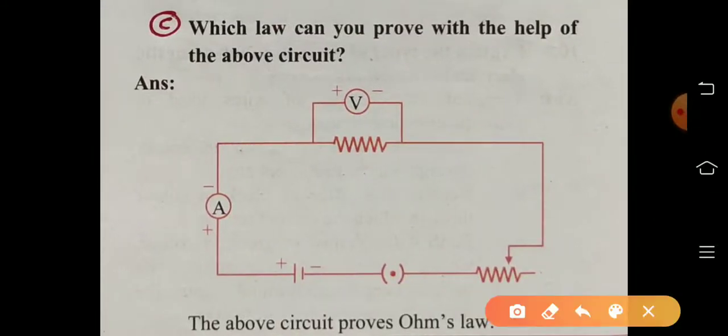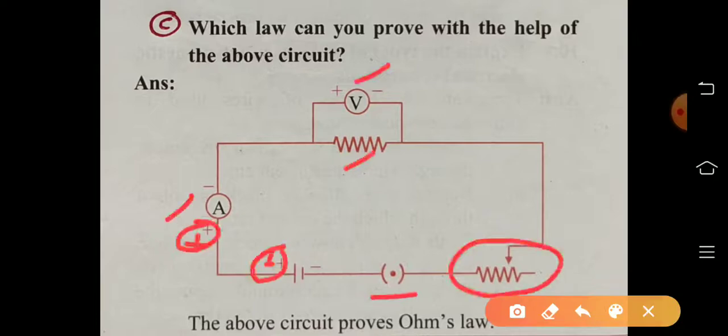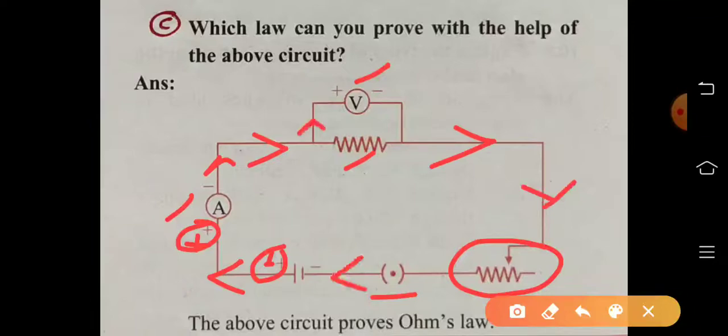So in this way we are connecting the components. Here voltmeter, here resistor, here ammeter having plus minus terminals. So these two plus terminals are close to each other, of the battery and the ammeter. Then key, then variable resistor, and show the direction of current from the positive terminal of the cell to the negative. You show the direction with the help of arrows like this in the diagram. Clear, all of you? Yes.